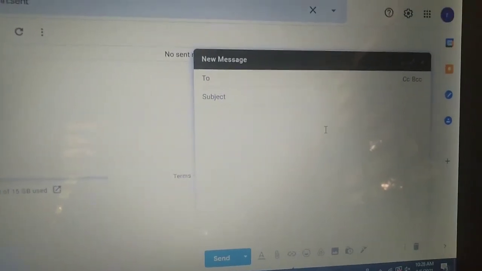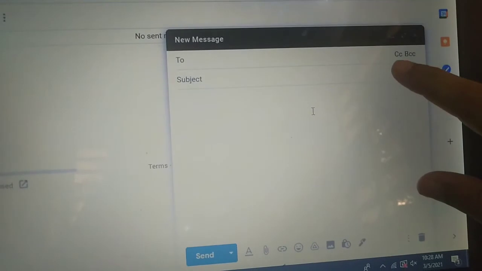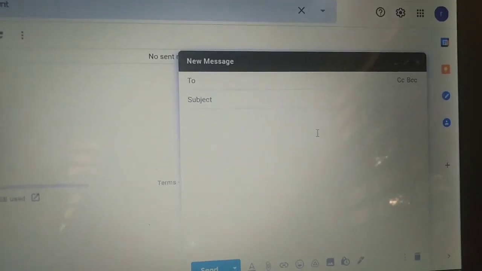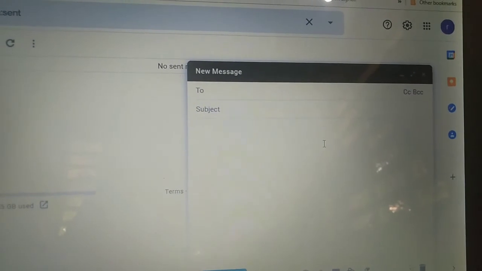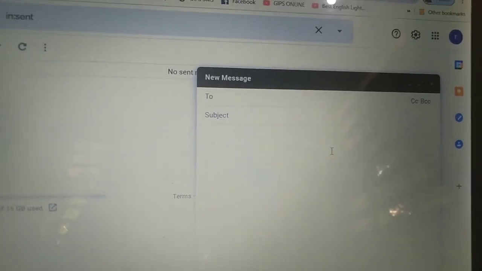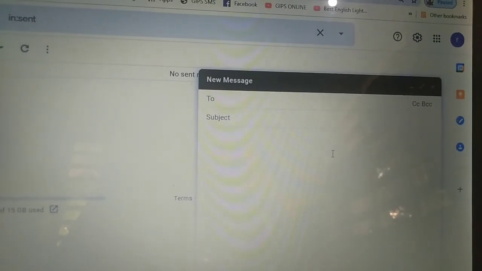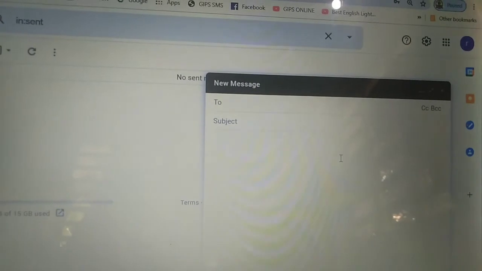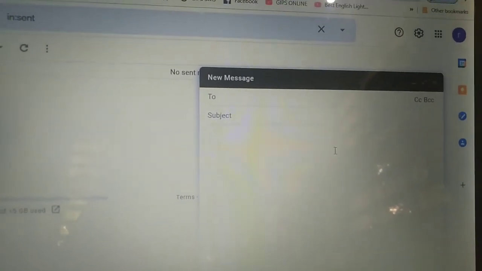Then here you can see CC and BCC. CC means carbon copy. This field is used for the people you want to send a copy of this email.